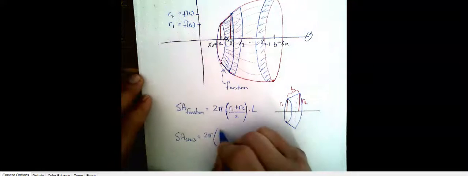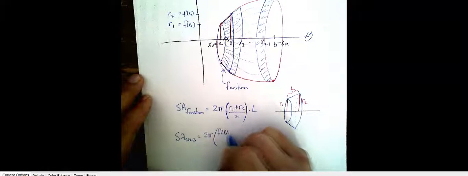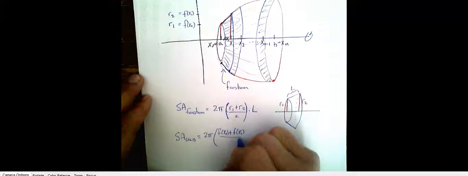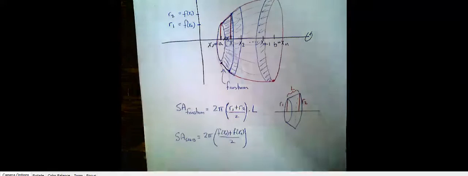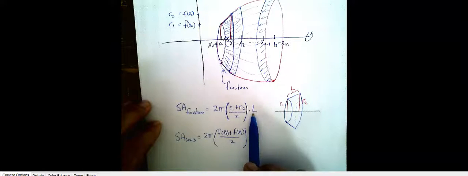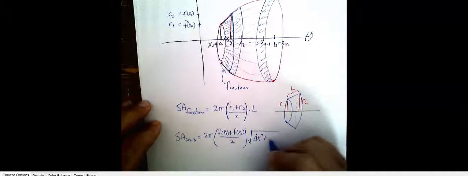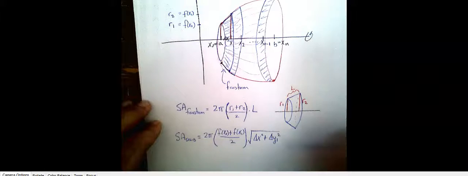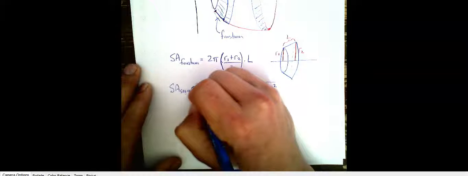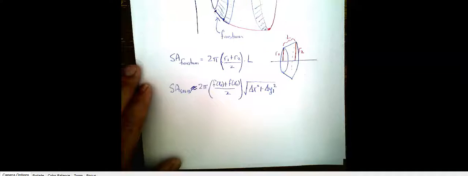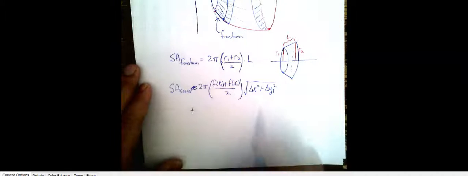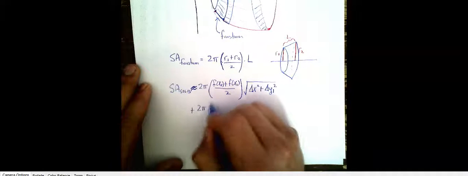So here we have (f(x0) + f(x1))/2. And as we saw before, with our arc length, L is approximated by using that distance, which would be the square root of delta x squared plus delta y1 squared. And of course, this is still approximate. Plus, the second term would be similar in fashion, 2 pi times